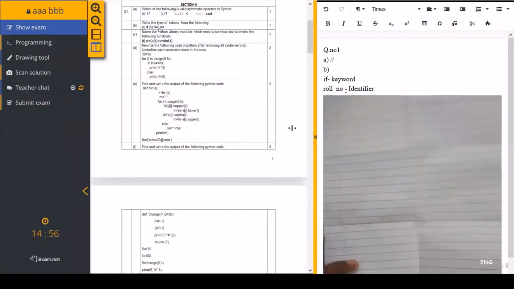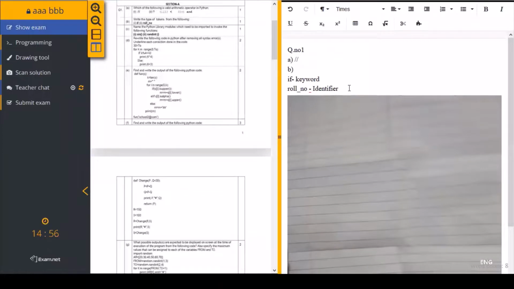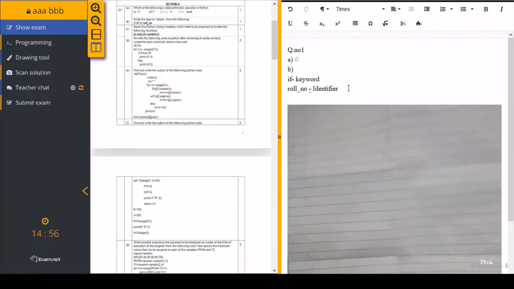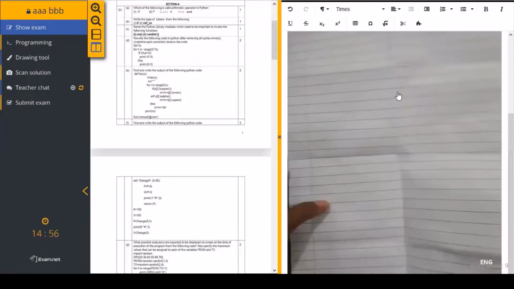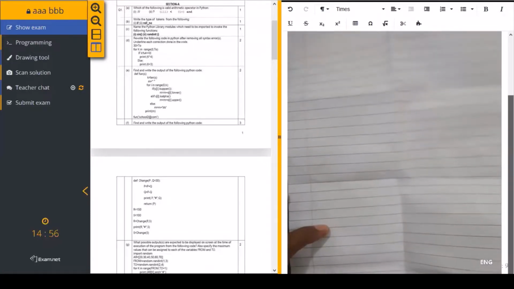See, the first A, B questions I have typed, and this is suppose the answer for question number E. Then I give the question name E, then scan your solution. So here you can see the solution. As of now, I just gave a blank image, a blank page. So here you can write your answer and upload it. Make sure while scanning, the document is fully covered and there should be no blur. The answer should be visible properly. Otherwise your evaluator may face difficulty and you may lose marks if he cannot read your answer properly.